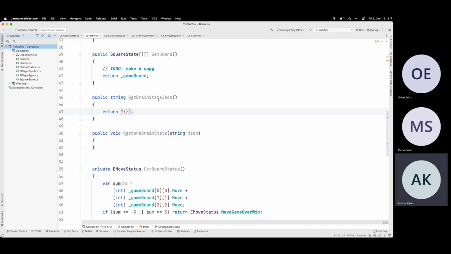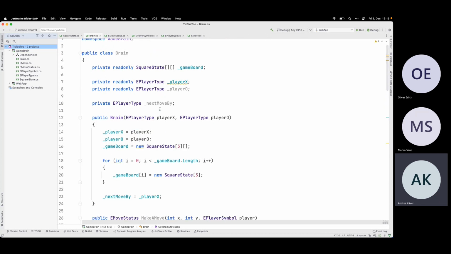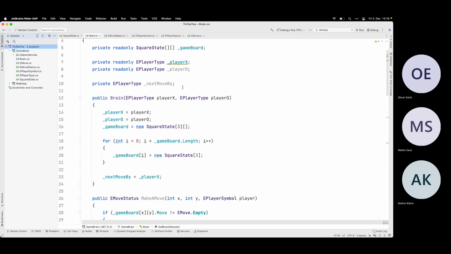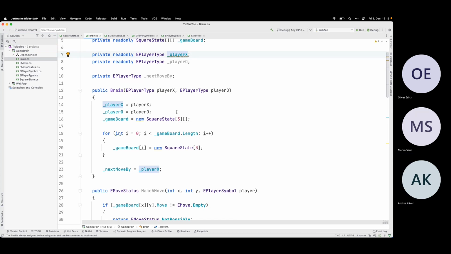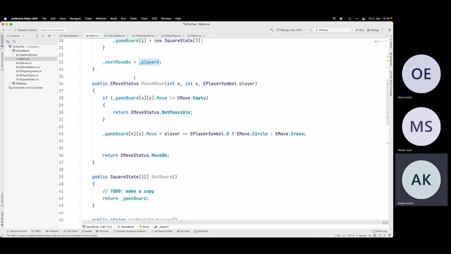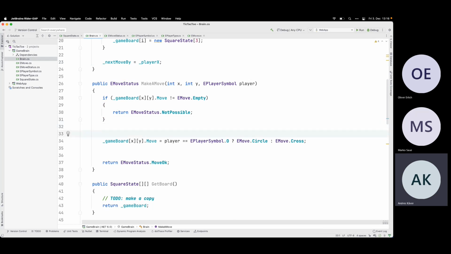So now we need get brain state JSON is probably needed. And now the question is, do I need like a full state with the next move by, or will I keep this one somewhere in the database? Plus the player types. What's here? Can be converted to the. Okay, make a move. All right, I need to do this. If the move was possible, okay, I didn't finish here.